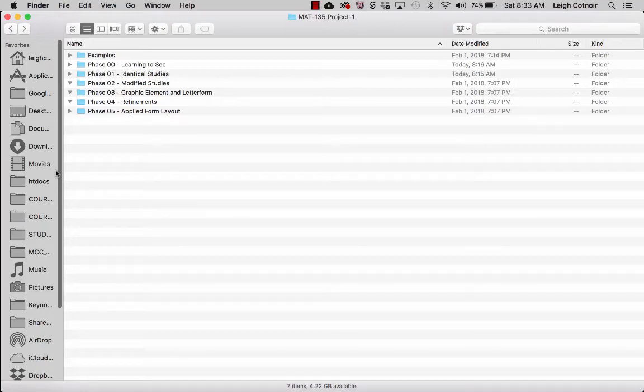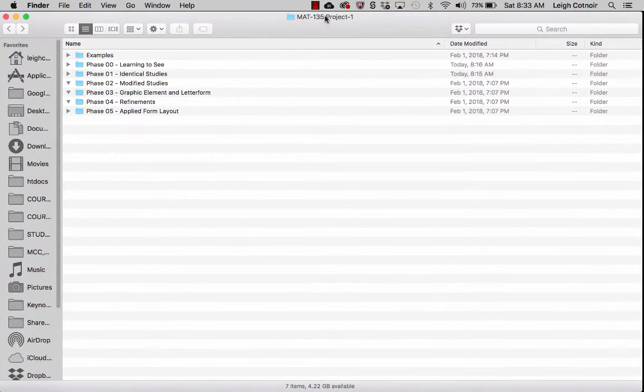All right, so this is going to be the beginning of phase two. And if you are looking at the folder that I suggested that you go ahead and create, then you've got something right here. You see at the top, it says MAT 135 Project 1. Or if you created your own folder and you didn't use the zip download, then yours might have slightly different names, but essentially the folder structure that you're going to have for the project is going to be that